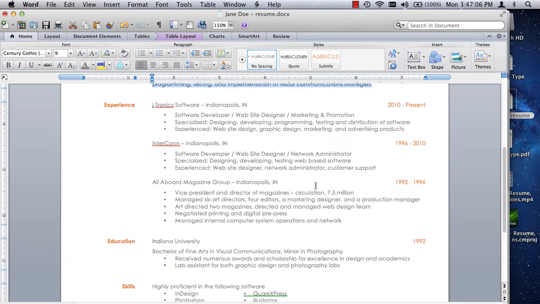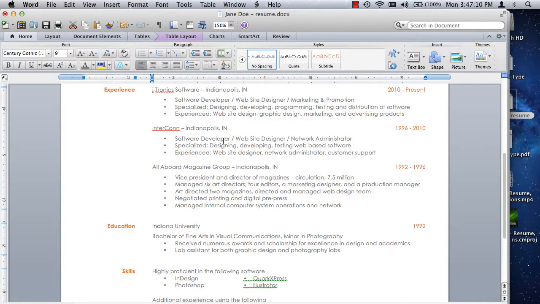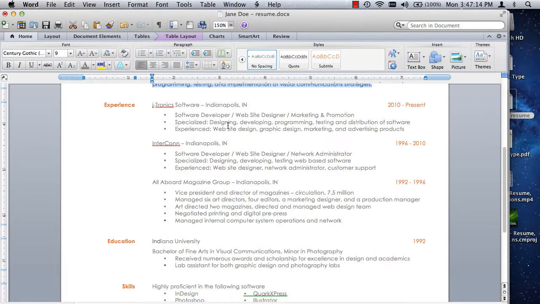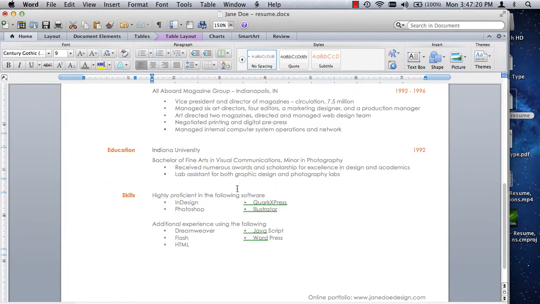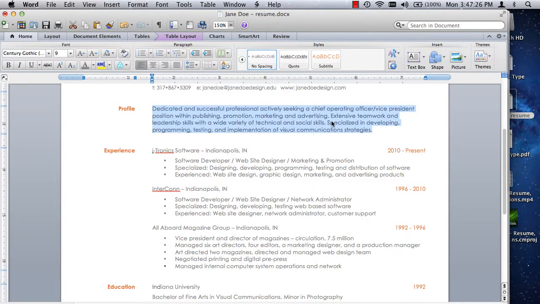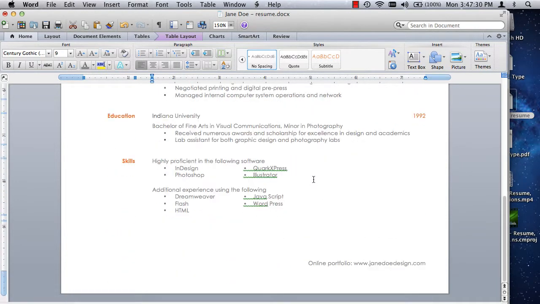And then put in your experience and the dates, where you worked. Usually we put the city in there. I have bullet pointed things. Some people do them in sentence structure. Typically, bullet points are a lot quicker and easier to read. I might focus a little heavier on my skills if I were a student. I also mentioned some of the skills up here in my profile. So